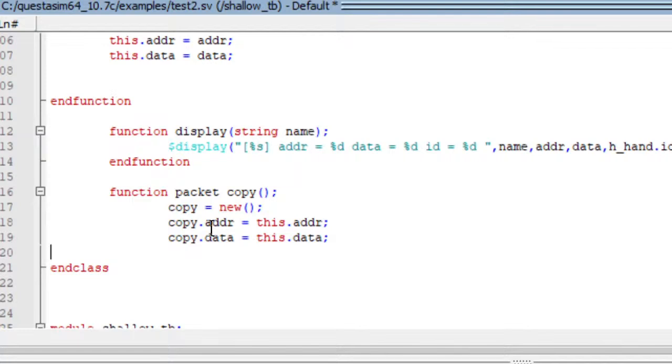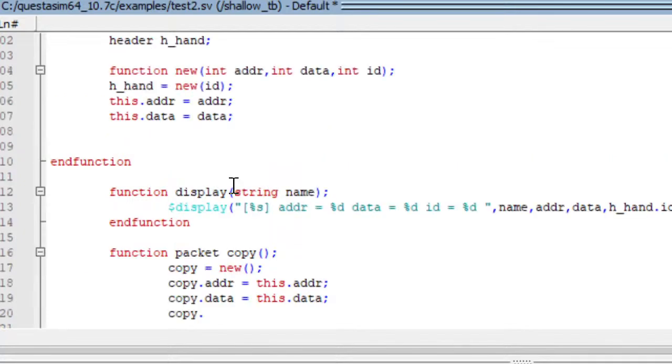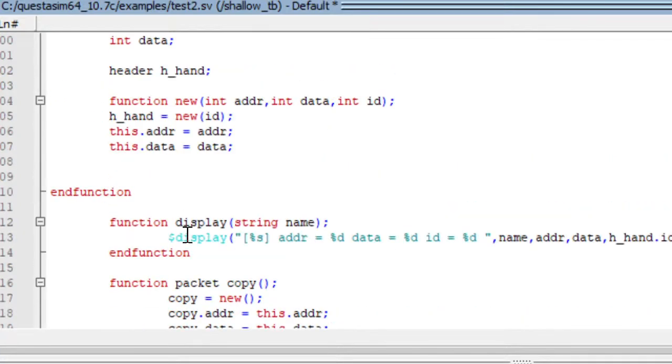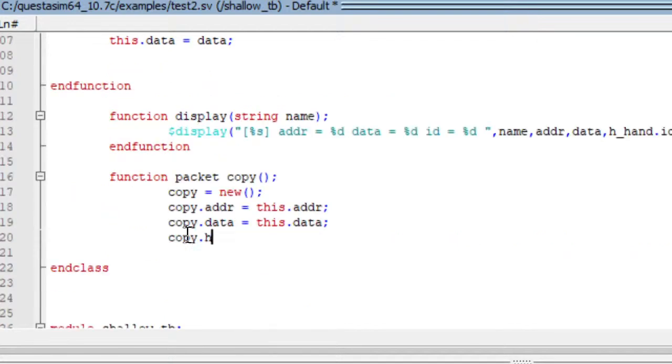That's it. And now, for the handle we have created, h underscore hand, copy dot h underscore hand is equal to h underscore hand